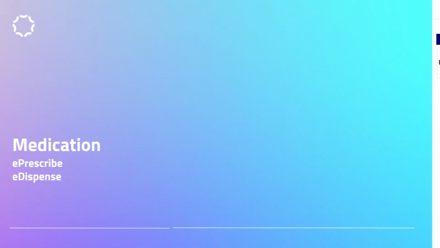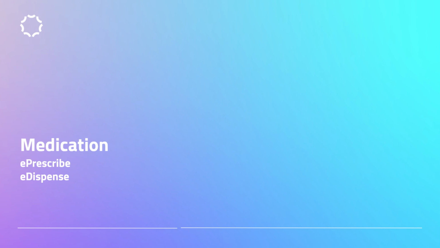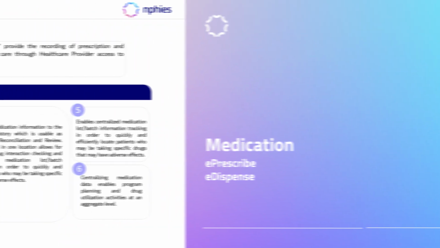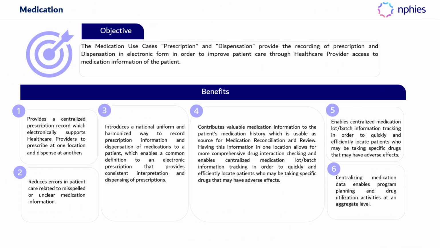In the medication section, we will be discussing the medication use case, including the e-prescription and e-dispensation. The medication use cases, prescription, and dispensation aim to provide the electronic recording of prescriptions and dispensation of medications to improve patient care through healthcare providers' access to a patient's medication information. The key benefits of these use cases include providing a centralized electronic prescription record that supports healthcare providers in prescribing